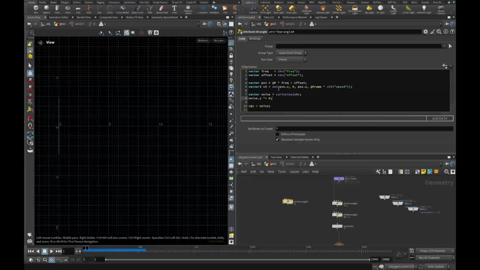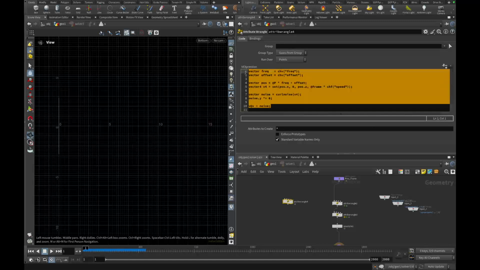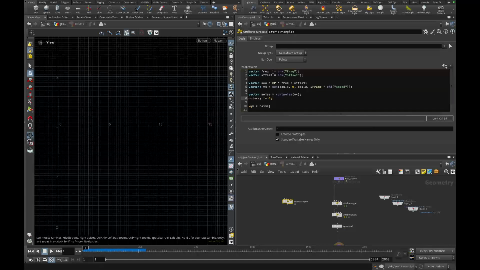First of all, let's write the code. Let's first of all analyze. We have variables called frequency, offset, and pause, which will be the position we will be using to write the noise on top of it. And then there is this variable defined as a vector 4. A vector 4 is a vector with 4 components,